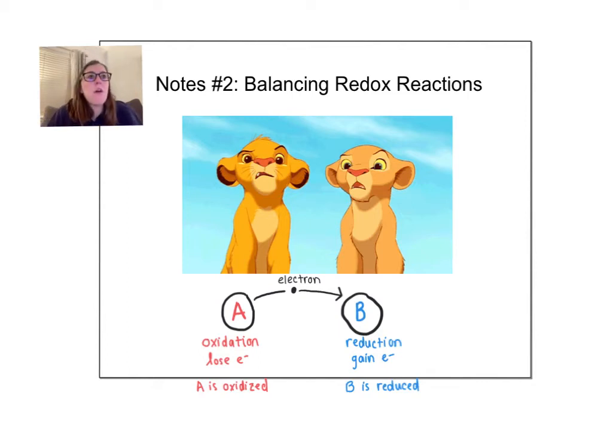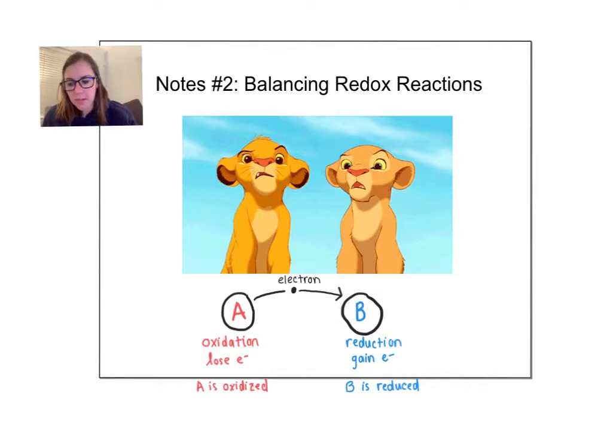I have a video on how to balance redox reactions. Remember from our last video, in a redox reaction, we are moving electrons from one atom to the other. So if you look, I have substance A or element A. It is moving its electron to element B. So A, in this case, we say is oxidized because it's losing the electron, and B is being reduced because